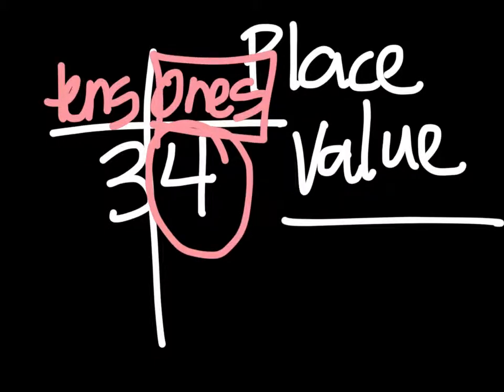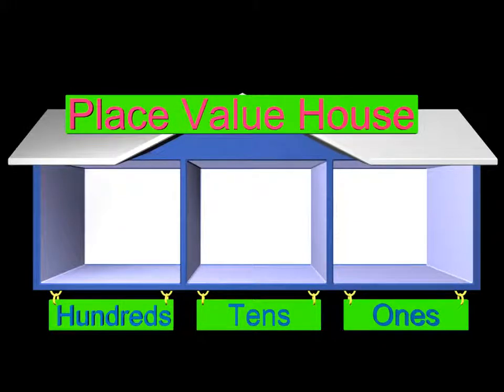Hopefully this is familiar for you. Maybe you've heard of our place value house. We have different places numbers get to sit. It's almost like at the dinner table, you maybe have your own seat that you sit in. That's your place that you sit. If a number is sitting in this very first spot, it's in the ones place. If it's in our second spot, it's the tens place. If it's in the 100 spot,